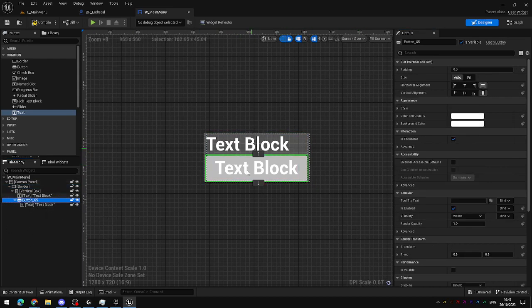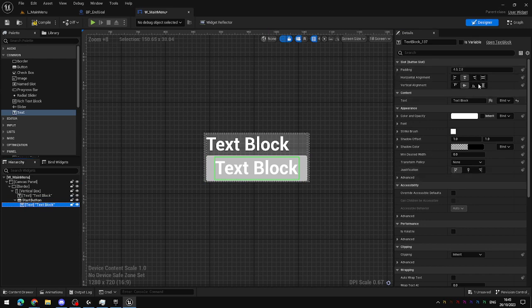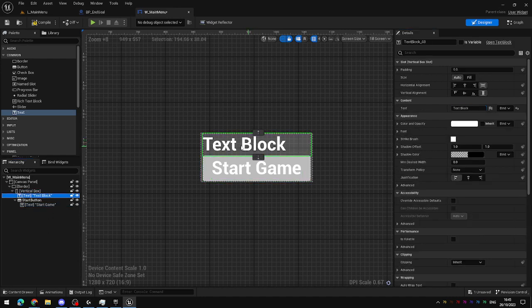It's a good idea to rename your buttons so that you know what they do. So I'm going to make this one the Start button. The text inside it is set in the Details panel by going to the Content area here, Text block. So I'm going to write Start Game. I'll change that text. And the text above it, I'm going to select in the hierarchy here, or I could try and select it on the screen. Either way works. And change that content to